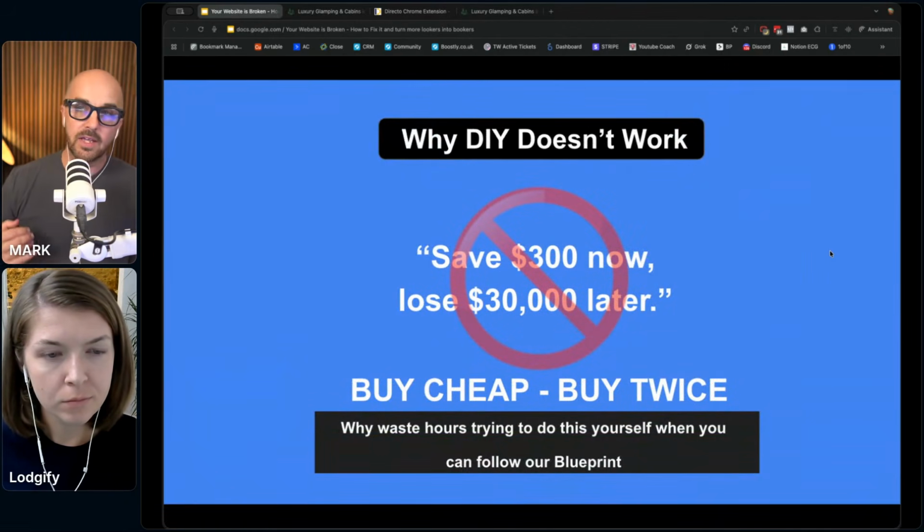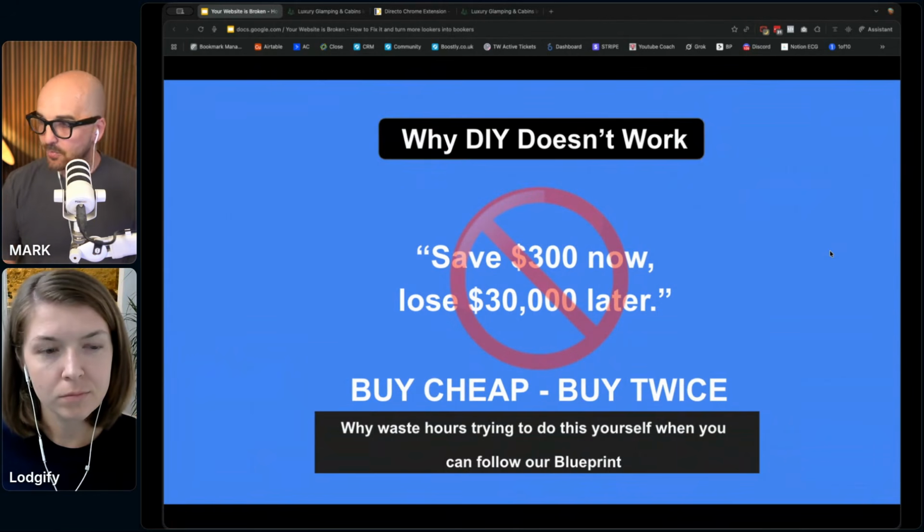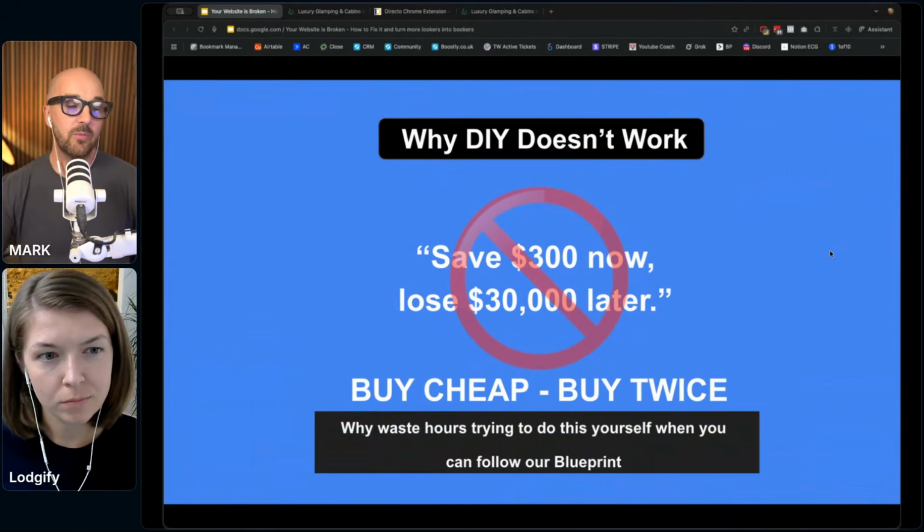The reason why it works is that the core principle is that we are the experts in website design. I'm so happy and proud to be able to say that we power the most websites in the industry. We're making the most impact because we obsess over every single tiny detail. You as hospitality owners, you don't have that luxury.